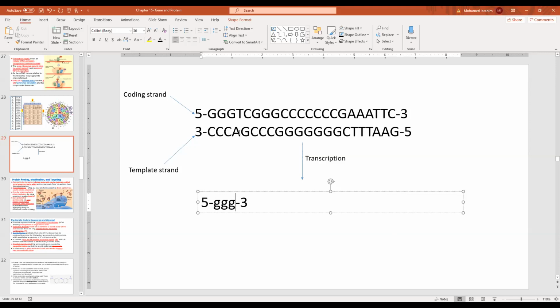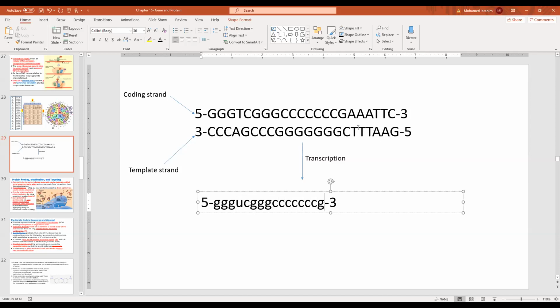Is it T, or is that the one that switches to U? Absolutely, very good. You're still awake. When I say T, it's because this is a complementary of A, but in RNA there is no thymine. It is only uracil. So every time you see a complementary T, you need to change it to U. Never ever forget this. And then we have a G, so it would be C, and then we have 3 C's, 1, 2, 3, and then we have 7 G's. 1, 2, 3, 4, 5, 6, 7, and then we have a C, so it's a G, and then we have 3 T's.